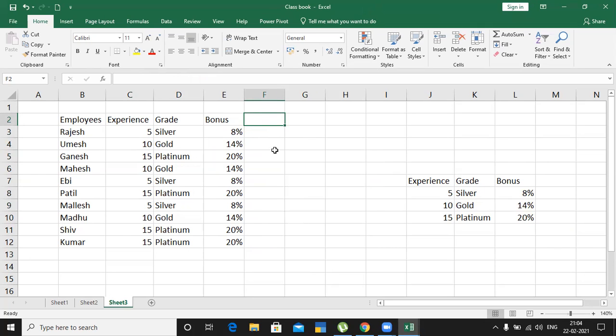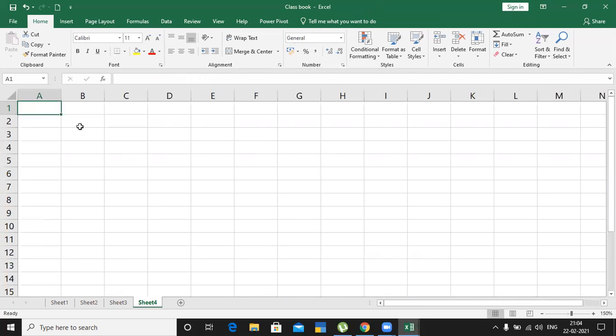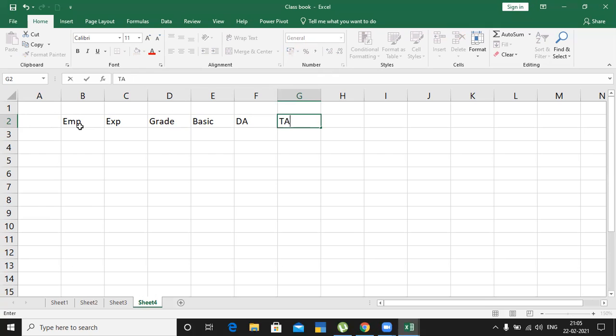Here itself I'll take, based on this, employees, then experience, then grade, then basic salary, then DA, HRA, then gross salary, then PF, ESI, then next we will get net salary, then I'll allocate the bonus.